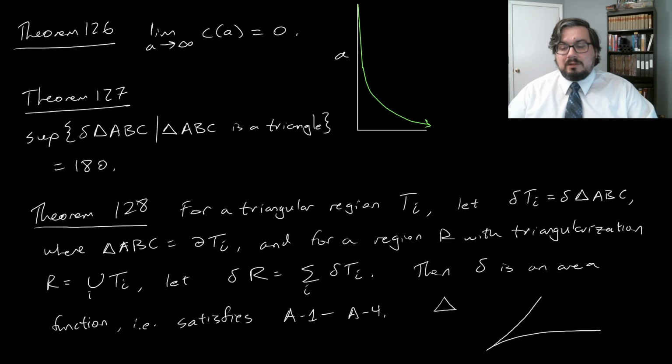Whereas when we take large triangles, they tend to look more like this, where the angles inside are kind of narrow and skinny, meaning that their sum is a lot less than 180. Triangles like we have on the left have small defect and hence small area, while ones on the right have a large defect